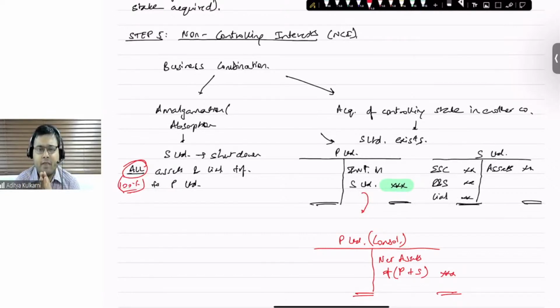Now you tell me, by virtue of this holding, do you think that Reliance Industries can control only 80% of the net assets of Jio, or can it exercise 100% control over the net assets of Jio? Where to put the tower, how much to invest in the 5G spectrum, if all these decisions are to be decided by Reliance, can it decide only to the extent of 80%,